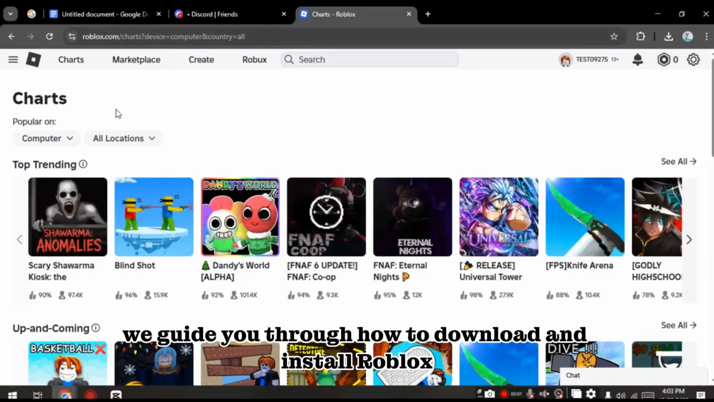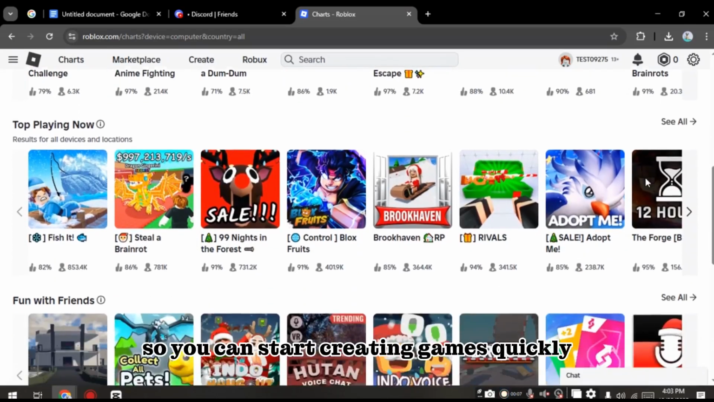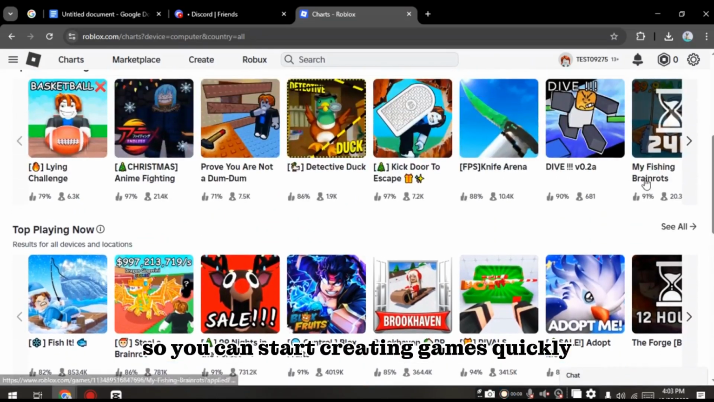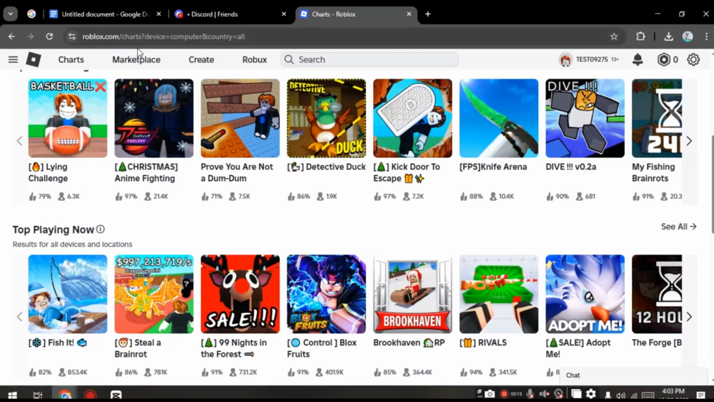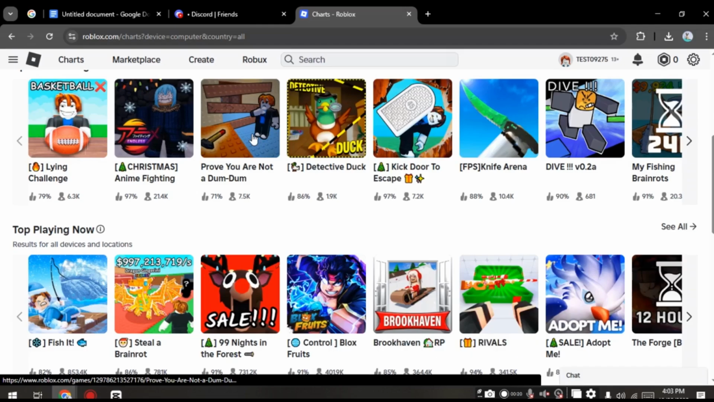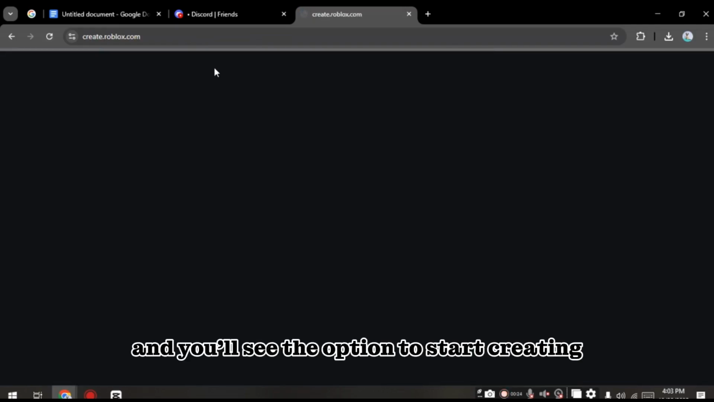We guide you through how to download and install Roblox Studio on your laptop or PC so you can start creating games quickly. First thing you need to do is open a web browser and go to the official Roblox website, then log into your Roblox account, and next, click Create in the top menu, and you'll see the option